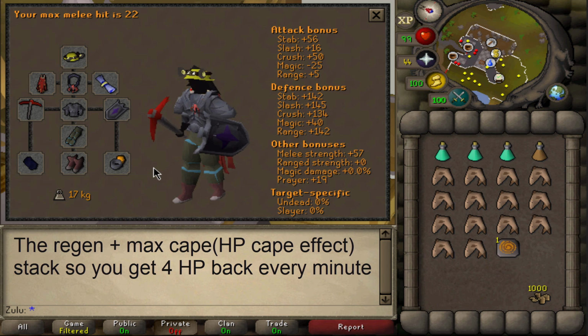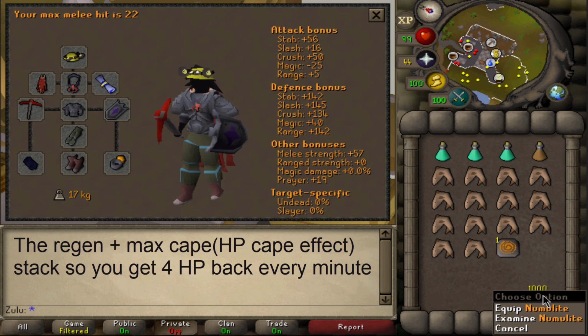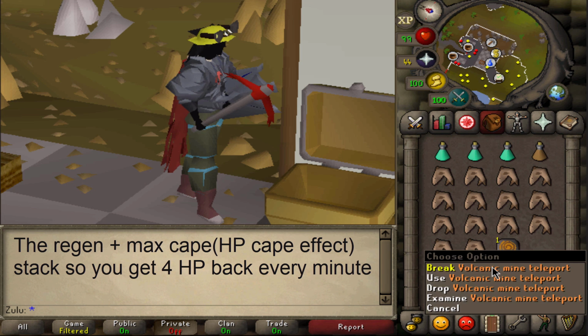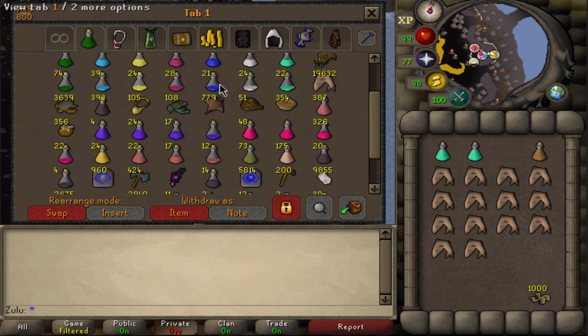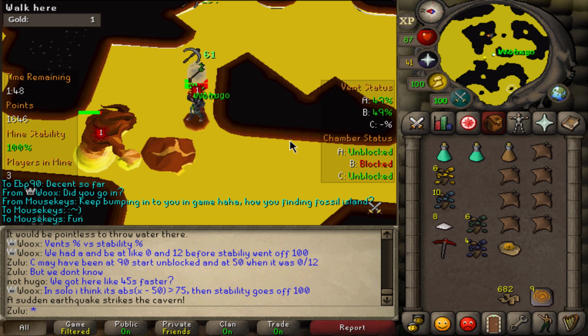It gives you a little bit more XP when you're mining, as well as when you're praying range, you use a little bit less prayer. So I'm going to try to show you guys the tactic we've been using. My team and myself have been working hard to find a good way to get the consistent rates that